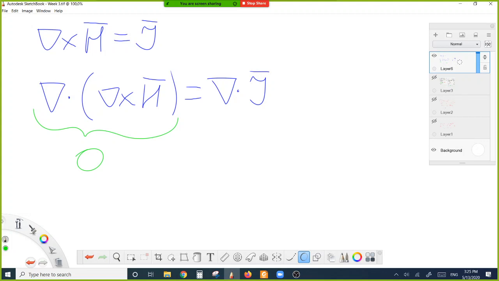Why? Because according to the properties of vector fields, divergence of rotor of a vector field is 0, and this implies that divergence of J is also 0. Okay. On the other hand,